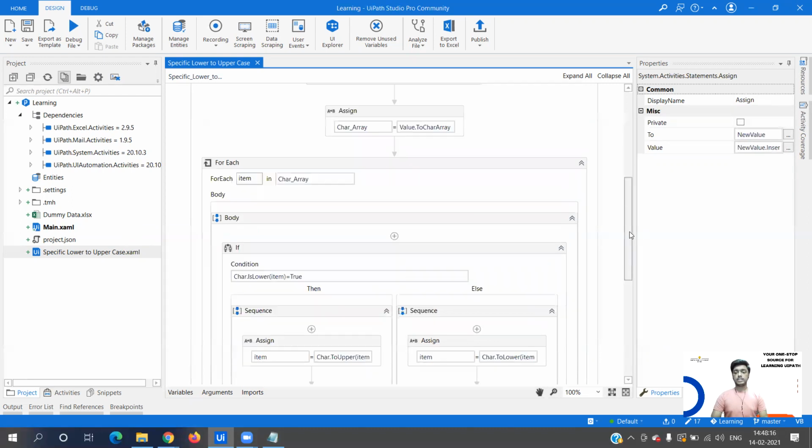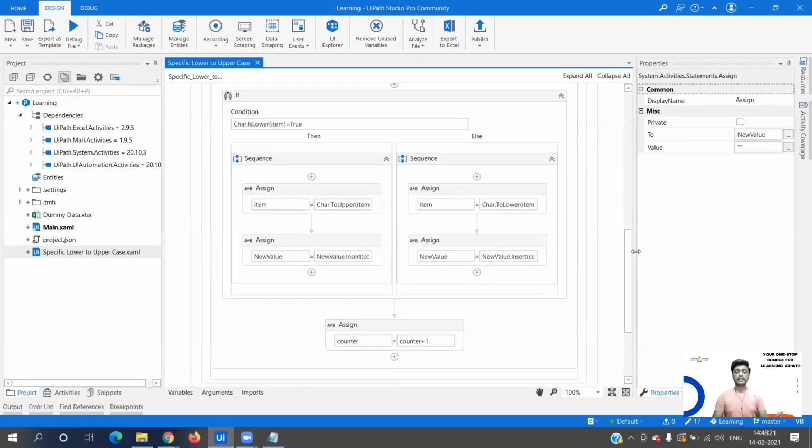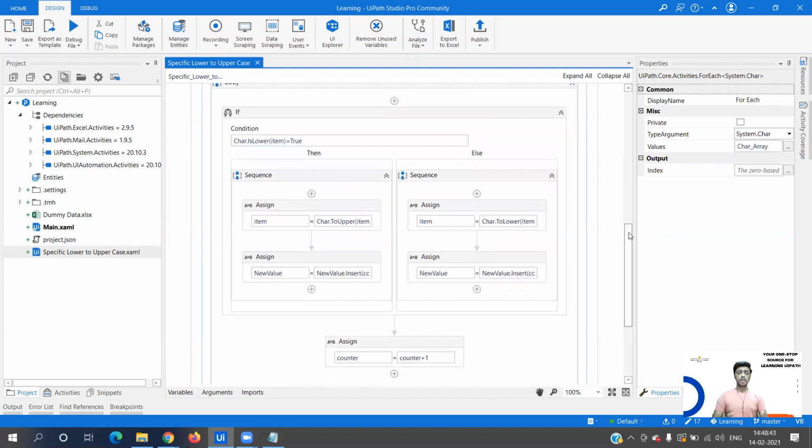And then what I'm doing is new value. You see, this is my string, and I'm inserting the characters one by one into it. Now you see new value.Insert(counter, item.ToString). Item is a character, so I have to convert it to a string, and counter basically starts from 0 and is within this particular for loop. As and when our characters are over, this execution will stop, and the new value will be updated simultaneously and the data will be going into that.